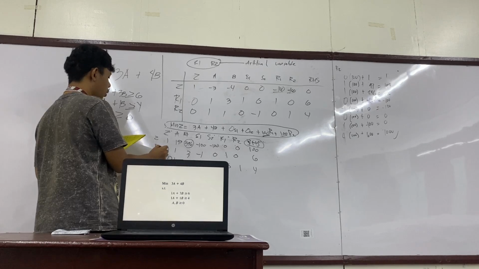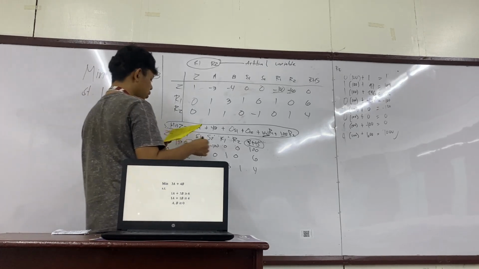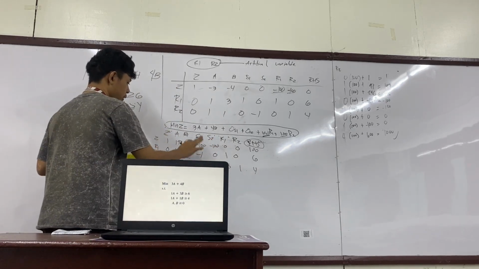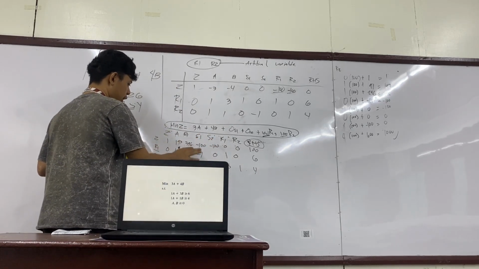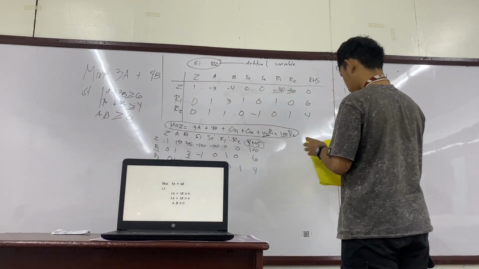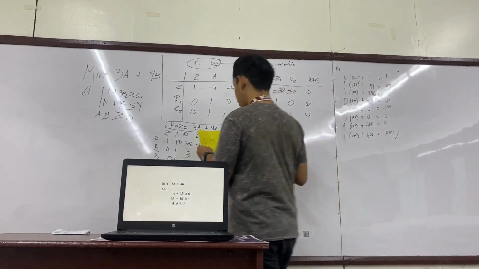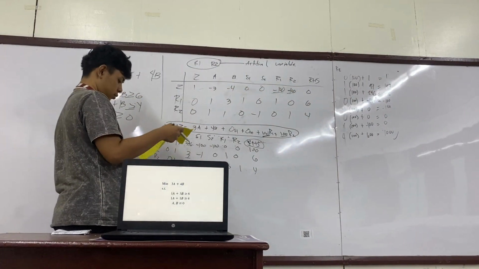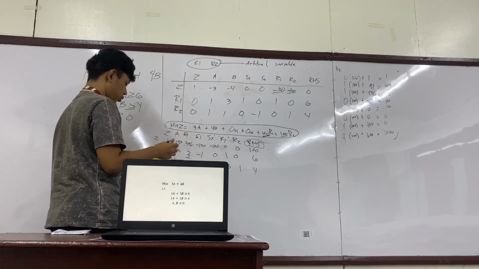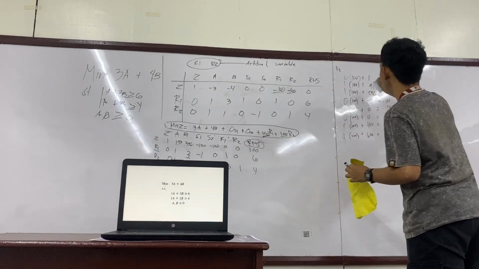So let's solve the R1 of it, which is 3. Let's divide by 3 like this. So this is the B, the B side. So let's divide it by 3. So 0. So this is our new table.